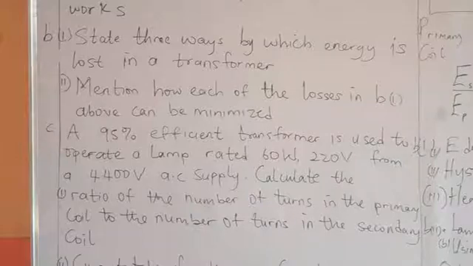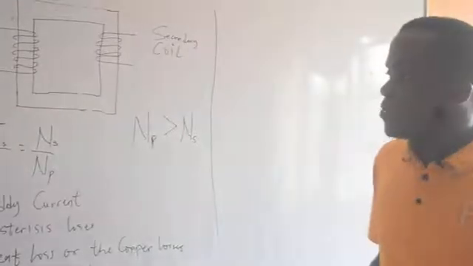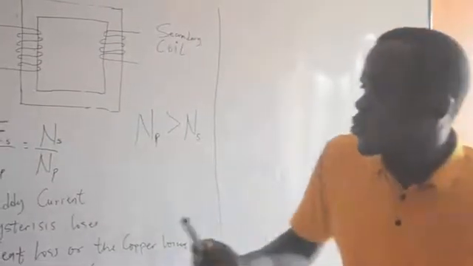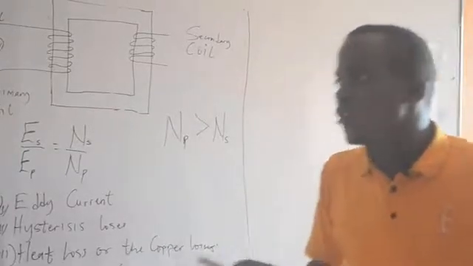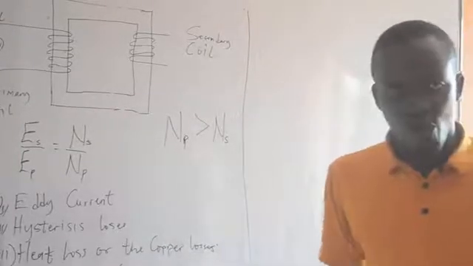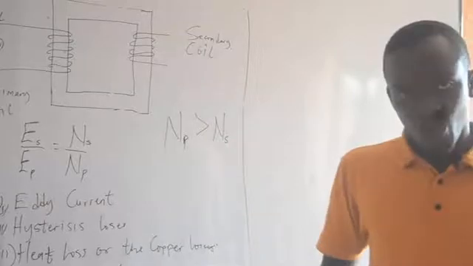the primary coil to the number of turns in the what? In the secondary coil. Now, what do we do? If you look at the question, we were not told secondary, we are not told primary. So the question now will be, if we are told to find the ratio of the number of turns, they were not given to us. Secondary turns was not given to us. Primary turns was not given to us.